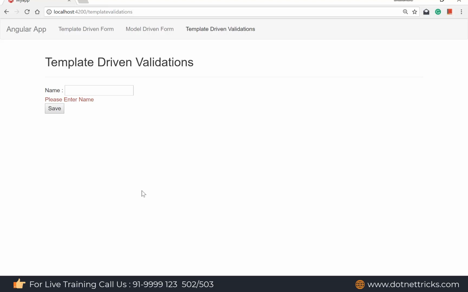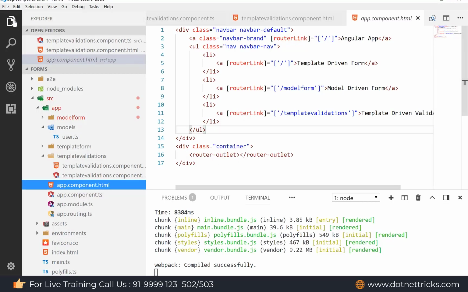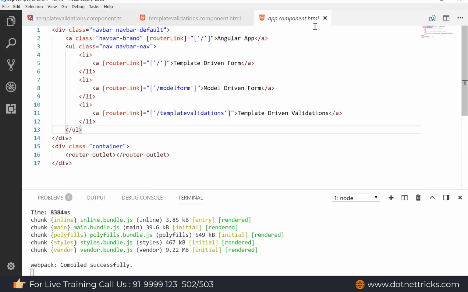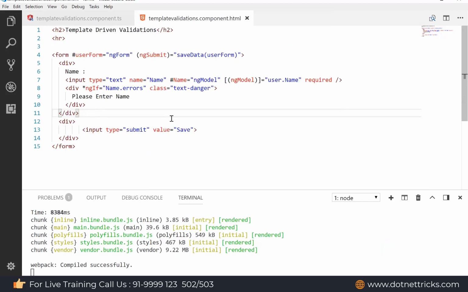But let's say we want to show this error message either when we are entering a value in this text box, or when we are focusing, or you can say touching, this text box. Then this error message should appear. Otherwise this error message should not appear. In that case we can control how we show the error messages, because here, as soon as the page is loading in the browser, it is showing the error message for us. So we can add a condition here. Let's say if name is in touch state, then show the error message. Otherwise don't show the error message.